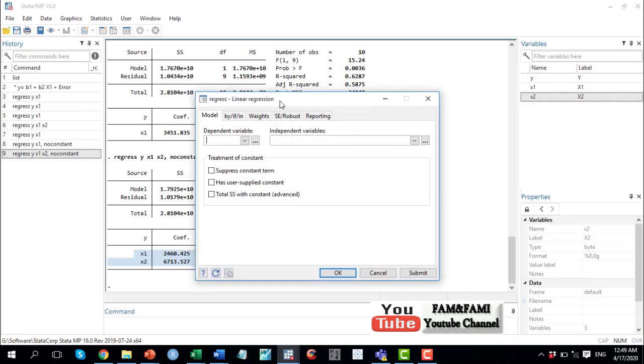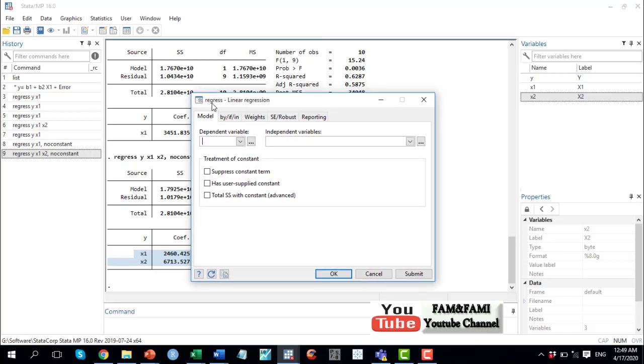Look at the title bar of this dialog box: regress, then a dash, and then linear regression is the full name. So it means we can type regress, which is actually the command to activate this dialog box. Whenever we type regress, we are telling Stata to activate this dialog box. That is actually what we did when we were writing commands, regress y and x1.